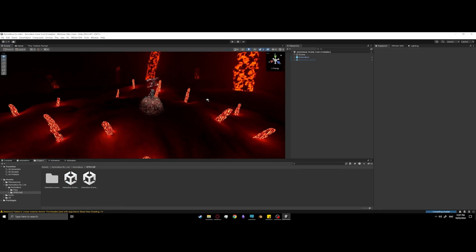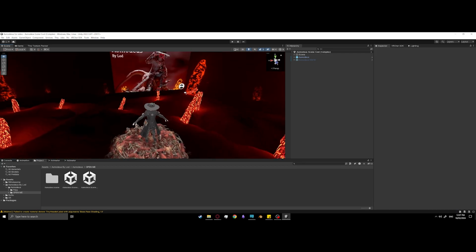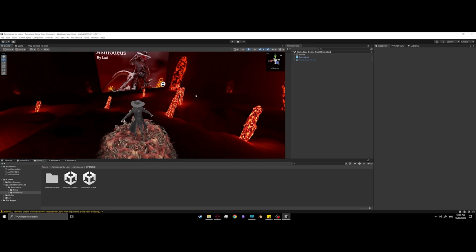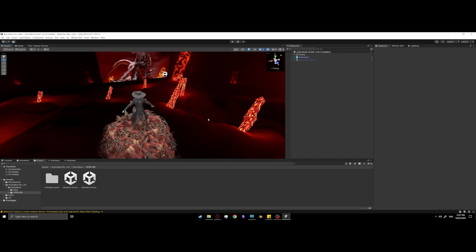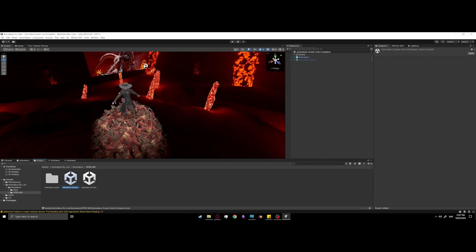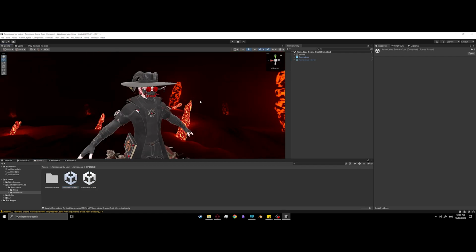Now, after you've done that, you'll see this scene start to load. And here we are. We have Asmodeus. I thought it'd be really cool to have a really sick scene. I think I did a really good job optimizing the scene, so it's not actually that hard to run. But if it gets in your way or is annoying, or you just really don't care about this cool little scene, just use the simple version. It's just him floating in a nice skybox, and that's it. After you've done this,